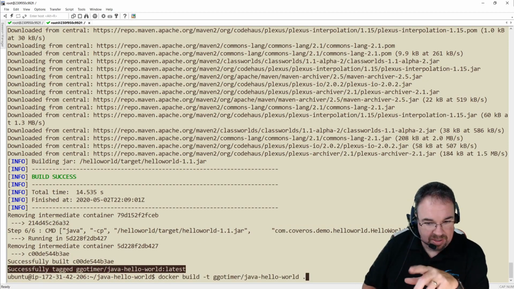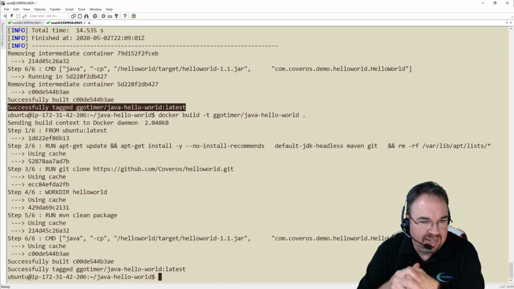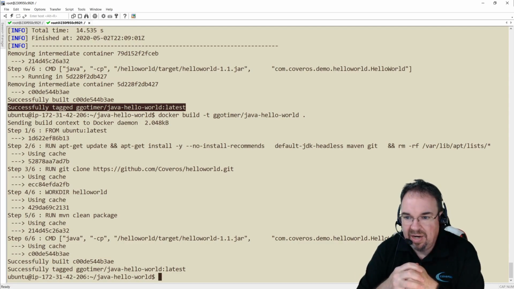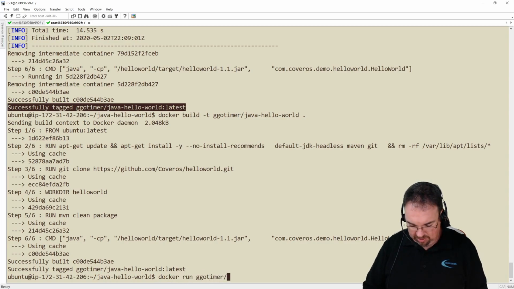If I do the build the second time, we see it goes through almost instantly. Each time it noticed that it already had a layer that had that information on there. Okay. And let's go ahead and do the docker run this time. Docker run gotimer-java-hello-world,